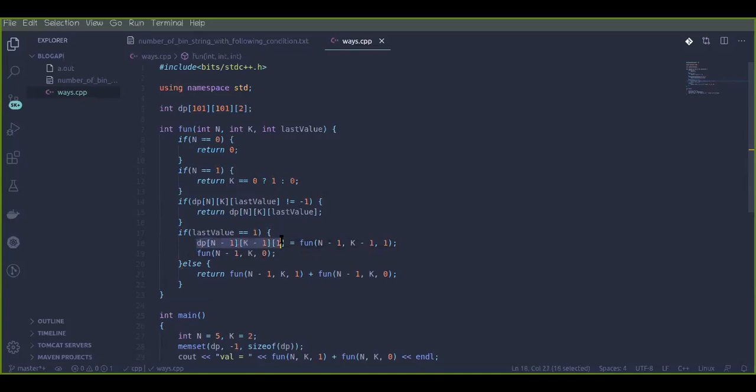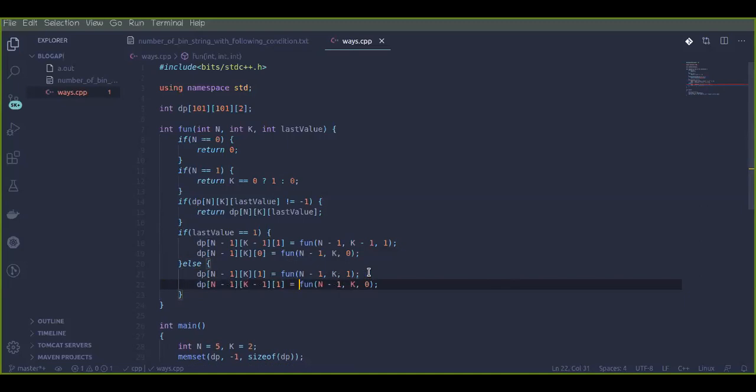So right here we will write something like this, and here it will be 0, isn't it? But we will not reduce k. I have explained why we are doing this. Again, whatever it could be, we will not reduce k.